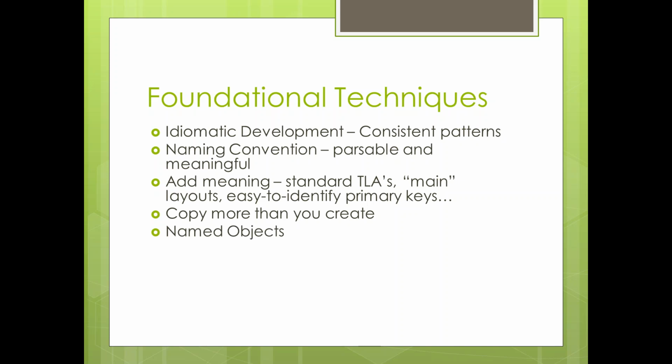Name all your objects in FileMaker, even though it's not required. You will end up needing to reference them as objects. So get in the habit of putting a name on all your objects, and that is helped very much by copy more than you create, because if you have a named object and you copy it, that object is also named. The whole name may include things like copy and so forth, but at least the object name starts with the same thing, and you have some consistency that you can leverage later.